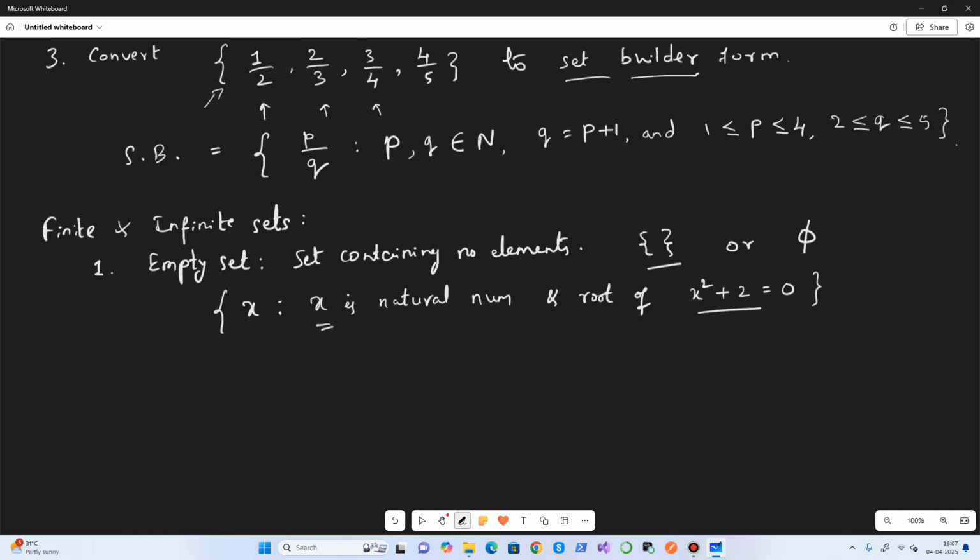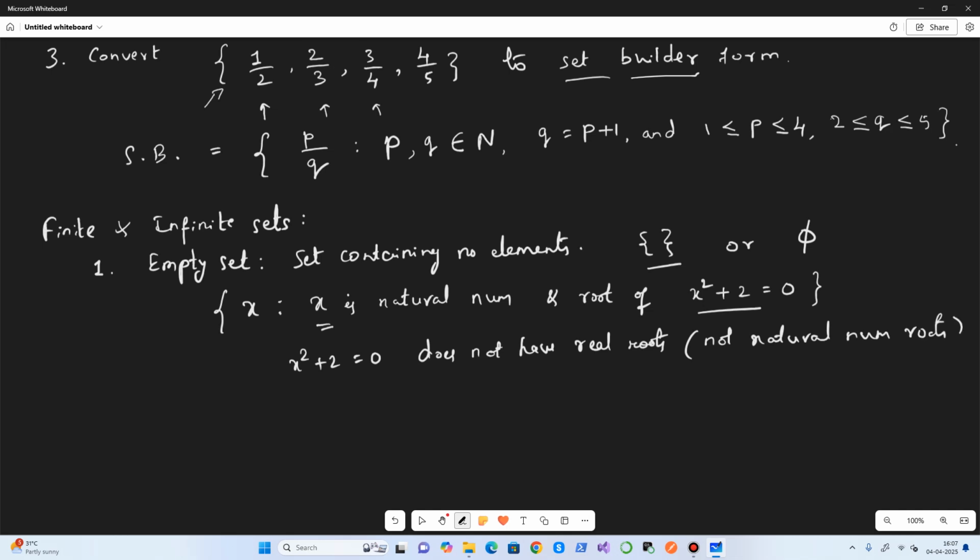Now we know that x square plus 2 equal to 0 does not have any real roots, so no natural number roots.